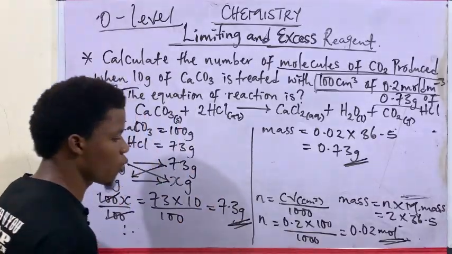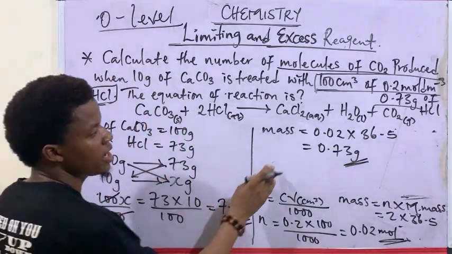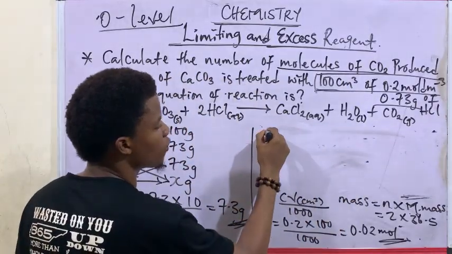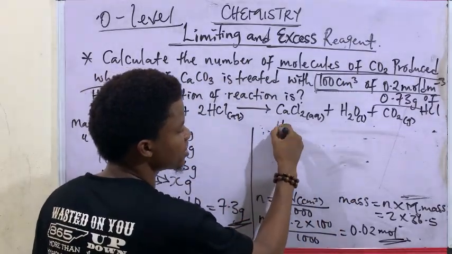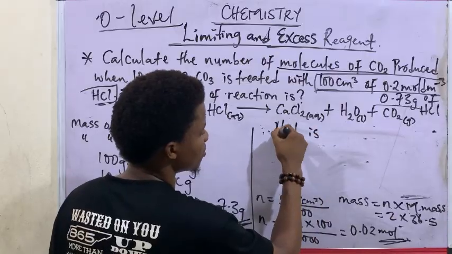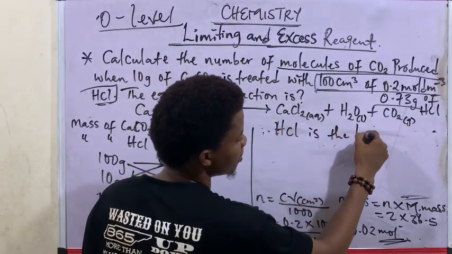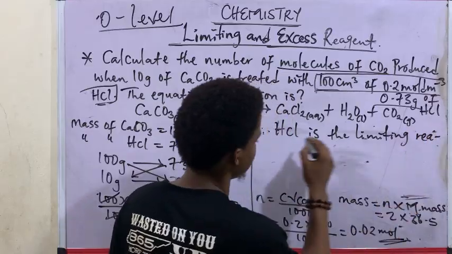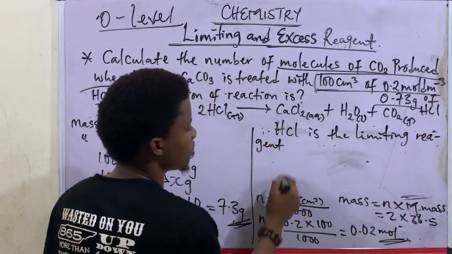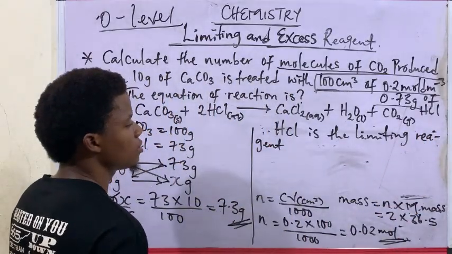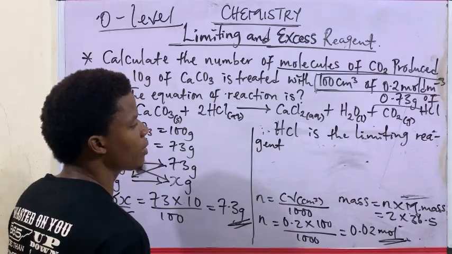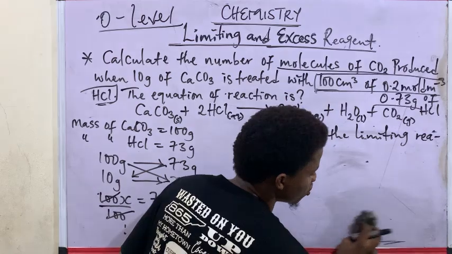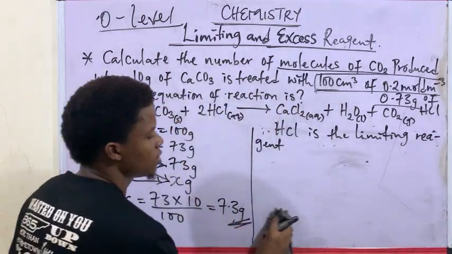So therefore, it means that HCl is the limiting reagent. HCl is what? The limiting reagent. All right, now we have discovered that HCl is the limiting reagent. Let us now find the